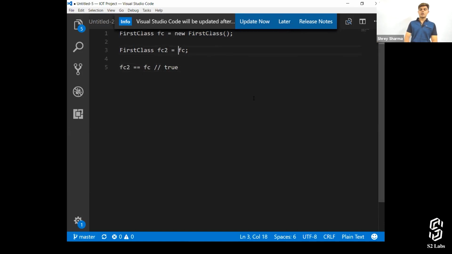But if there is a new object that you have created, then in that case it will be false. So if both the reference variables refer to the same memory location, then in that case it will be considered as true, or otherwise it will be considered as false.